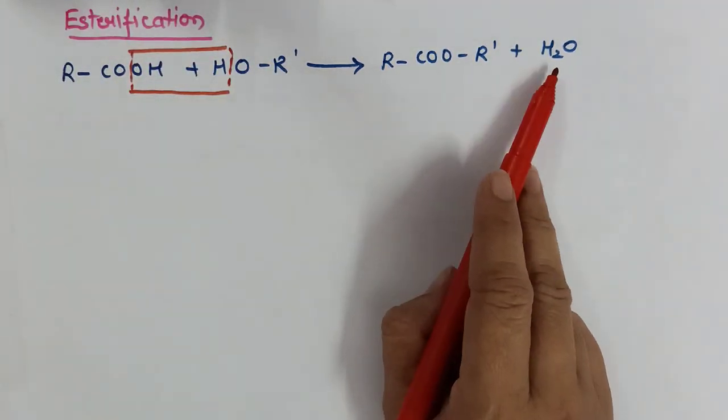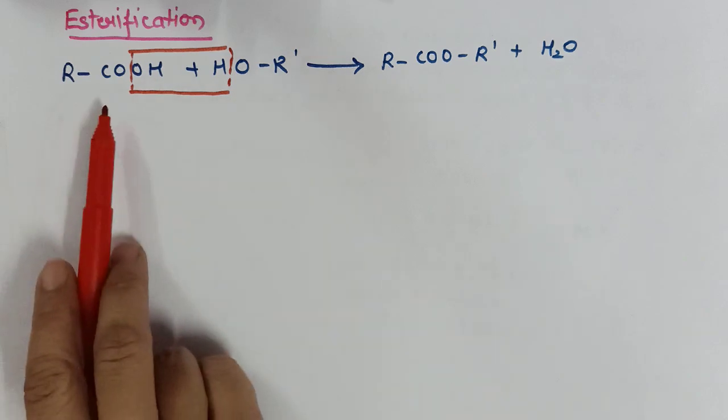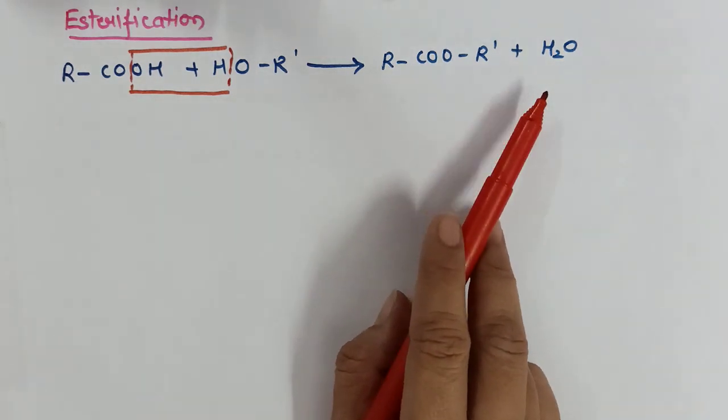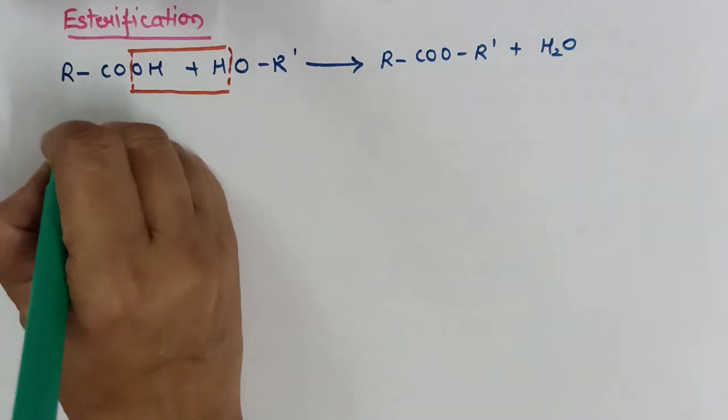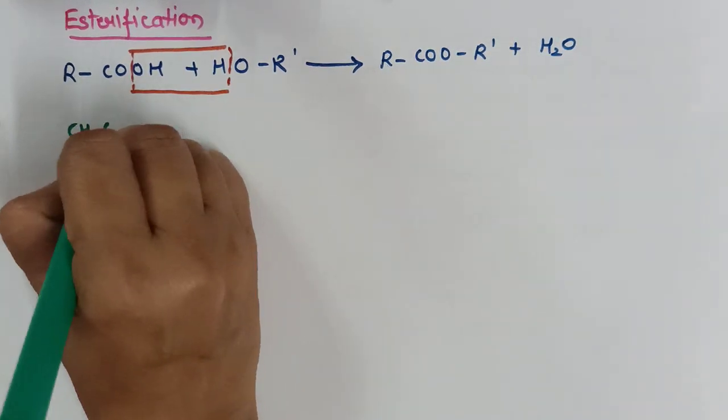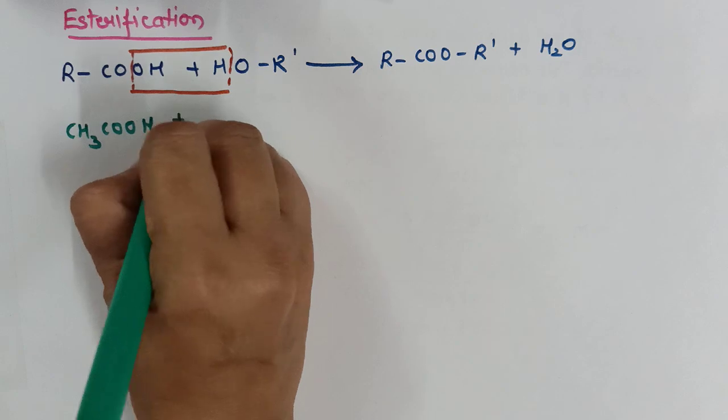As a result, we get water as a byproduct. Now this reaction we will be studying again in the chemical properties of acid in the chapter Aldehydes, Ketones and Carboxylic Acids. That's why organic becomes easy, so many reactions are repeated ones. For example, ethanoic acid,